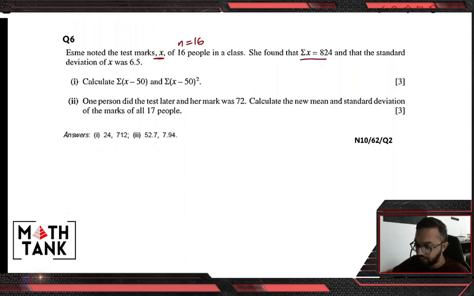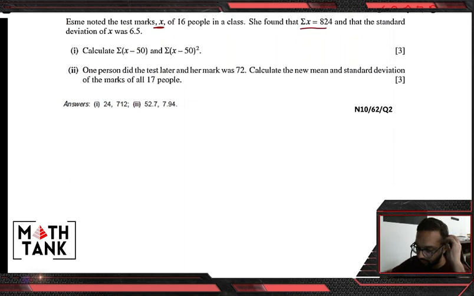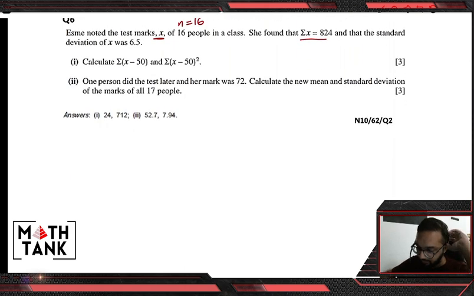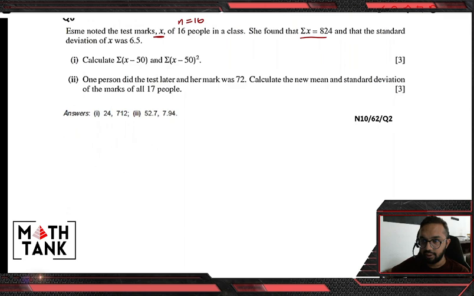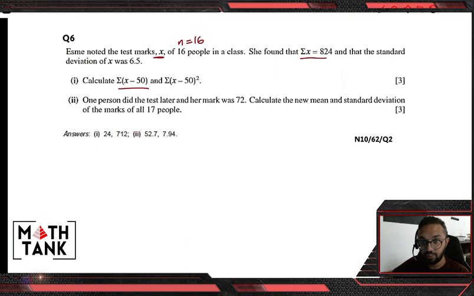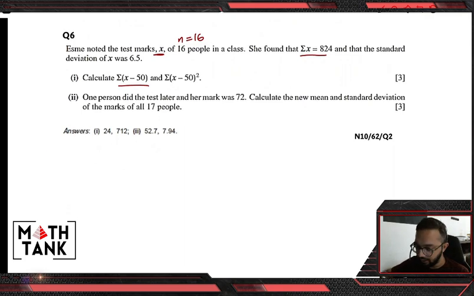She found that the sum of the original marks was 824 and that the standard deviation of the original marks was 6.5. Calculate the sum of x minus 50 and the sum of (x minus 50) squared. So I'm asking you to do an adjustment on all the marks and then calculate the sum for me. So what I can simply say is that again I'm going to use that same equality. I'm going to say that the mean of x minus 50 is the same as the mean of x